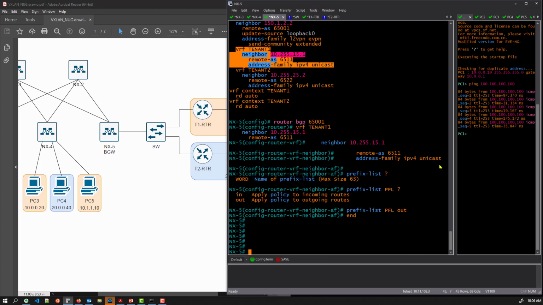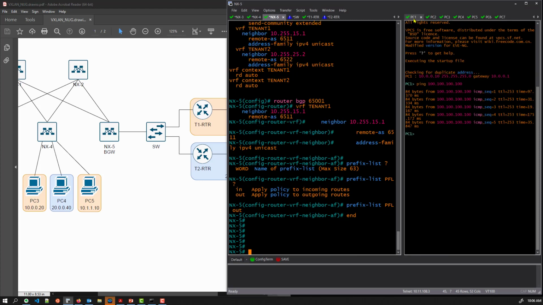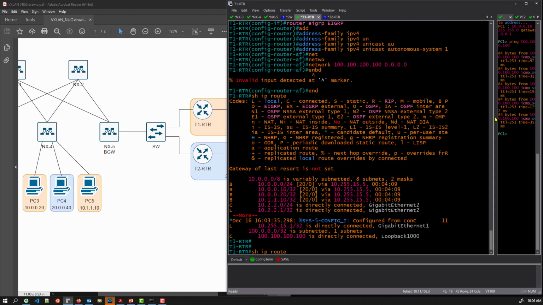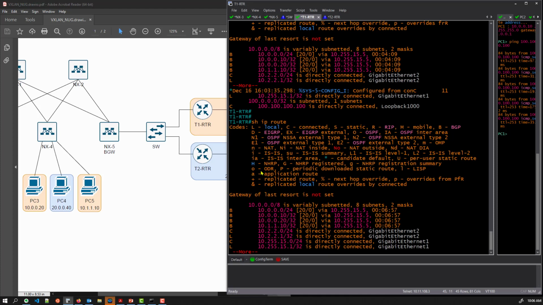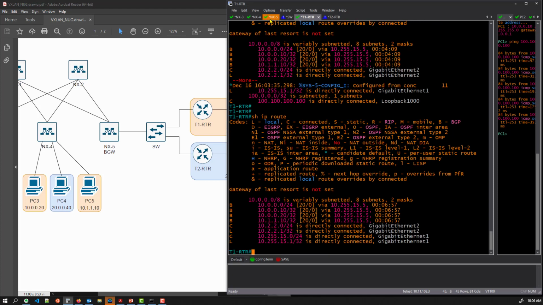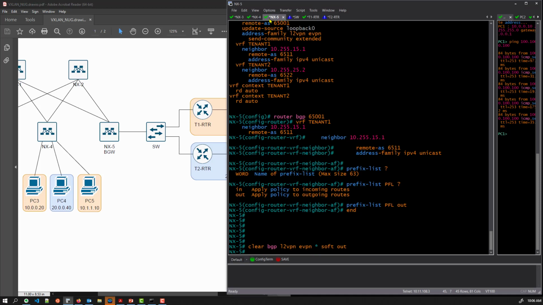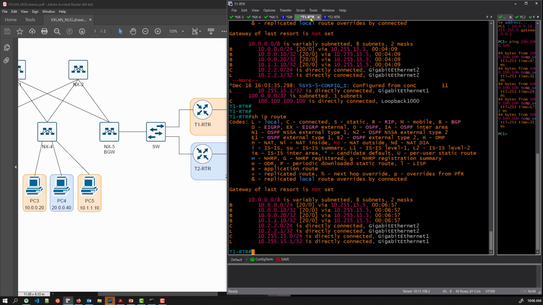Okay, so let's see if that was enough to do it, or I may need to do a route refresh. So tenant 1, if I just do an up arrow, okay, host routes are still there, so let's do a route refresh. That's going to be clear BGP L2VPN EVPN all neighbors soft out. This makes Nexus 5 re-push all of its routes in a clean way, in a soft way. It doesn't hard bounce it. So now if we come up here,